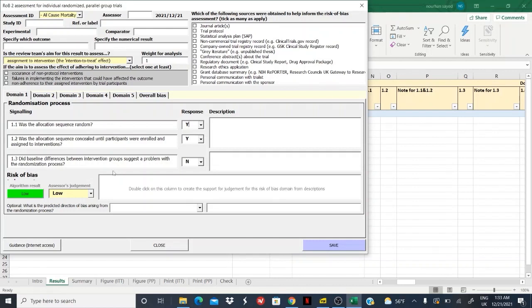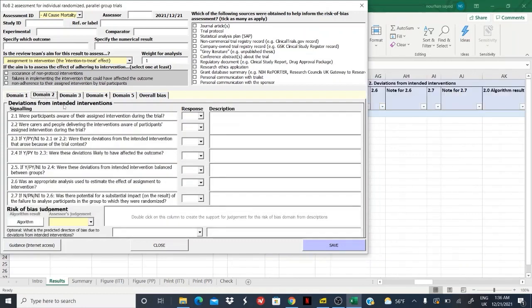And the opposite is true. So generally speaking, it's a good idea to use your own judgment, and value it over and above that of the algorithm. Right? The algorithm is just there as a supporting tool, but it shouldn't really have the final say. Now, if I go over to the next domain, it's called deviations from intended interventions, which sounds like a mouthful and sounds a bit intimidating,